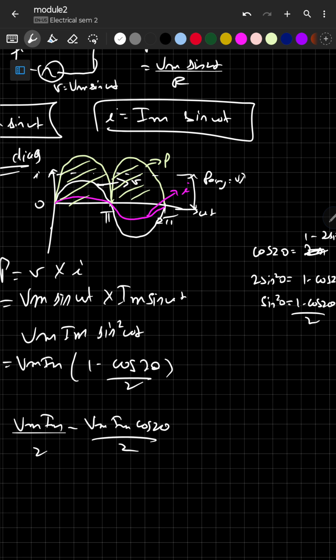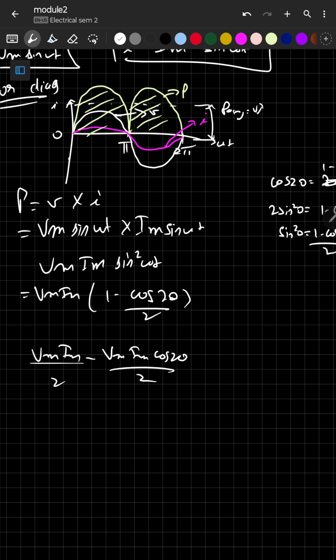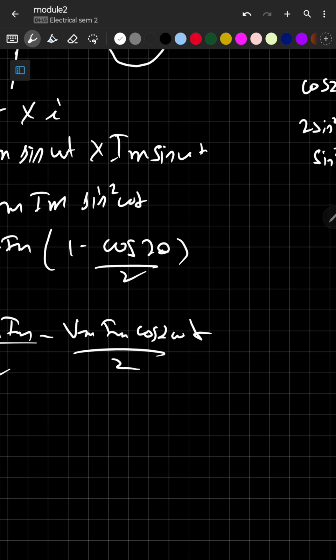In others it is different, don't get confused. There they were trying to use the sin 2 theta formula. You have to remember, if it is sin square omega t, why would you make it into sin 2 theta format? You want to make it into this format. You have to consciously remember certain things. Now, wherever there is cos 2 omega t, it will become